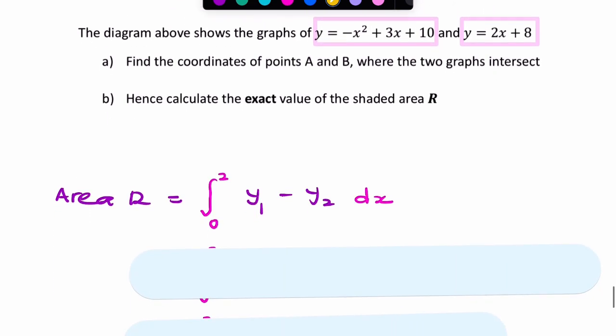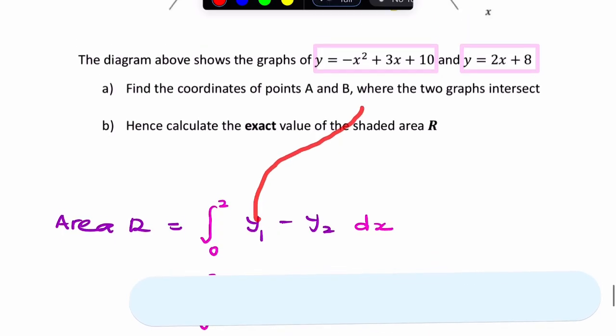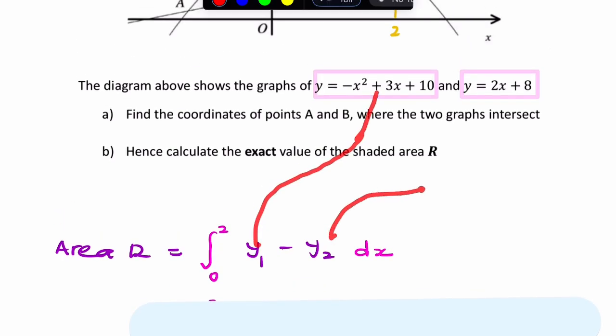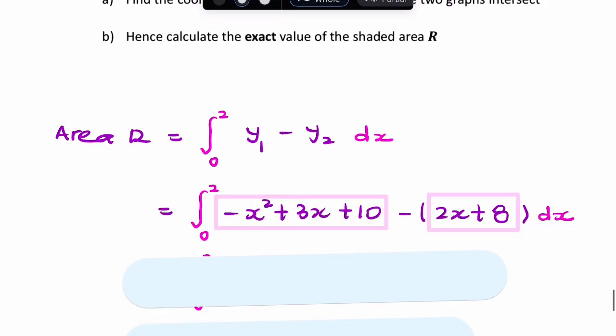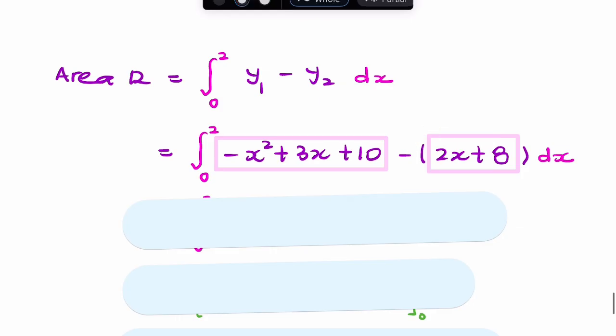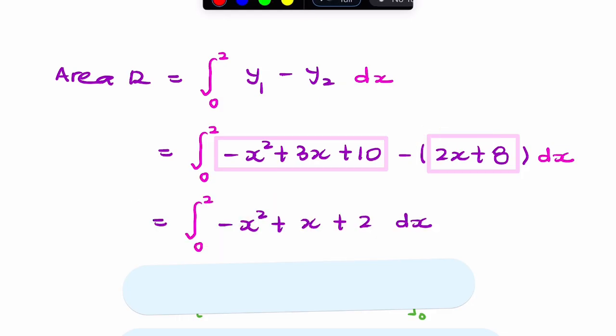So we're going to integrate from 0 to 2 the difference y1 minus y2, where y1 is given in the question and y2 is given in the question. So we subtract those. Don't forget to enclose y2 in brackets, so the negative sign operates on both those terms. You then simplify by combining the like terms,